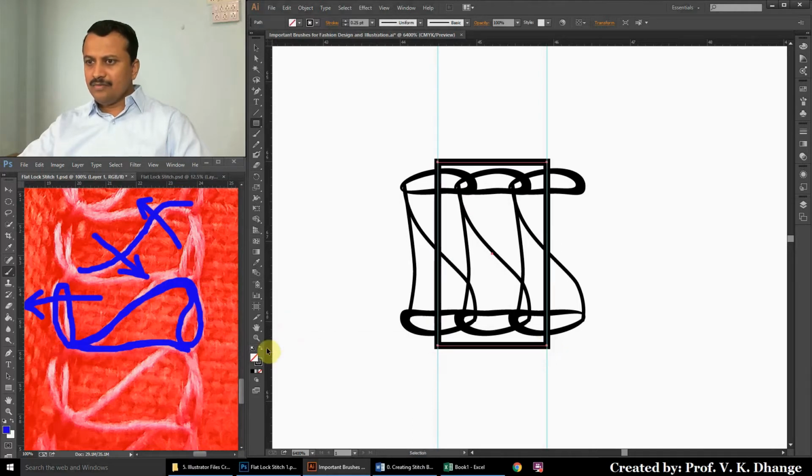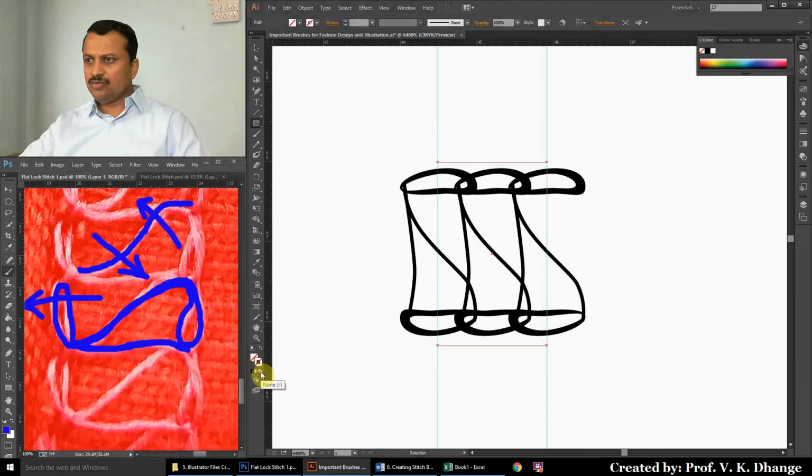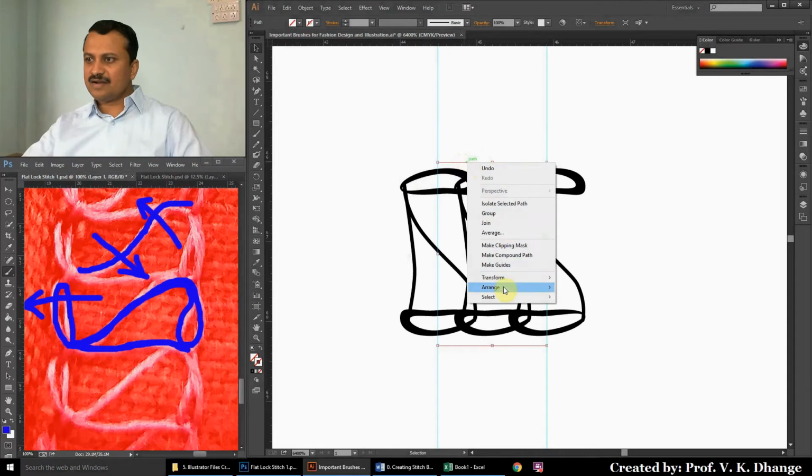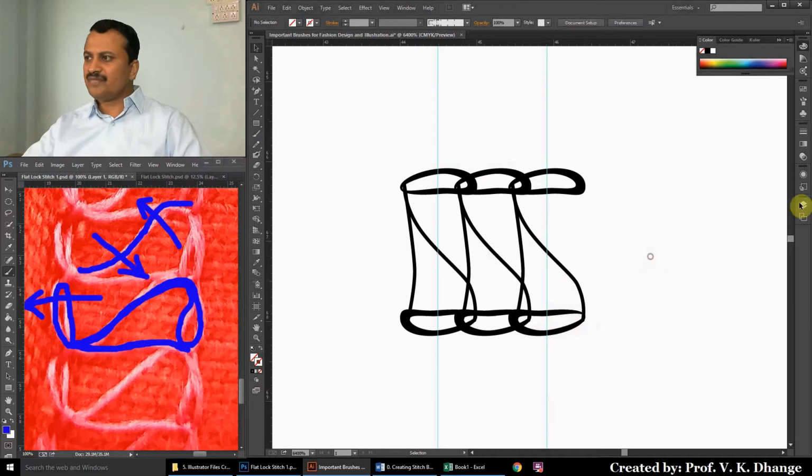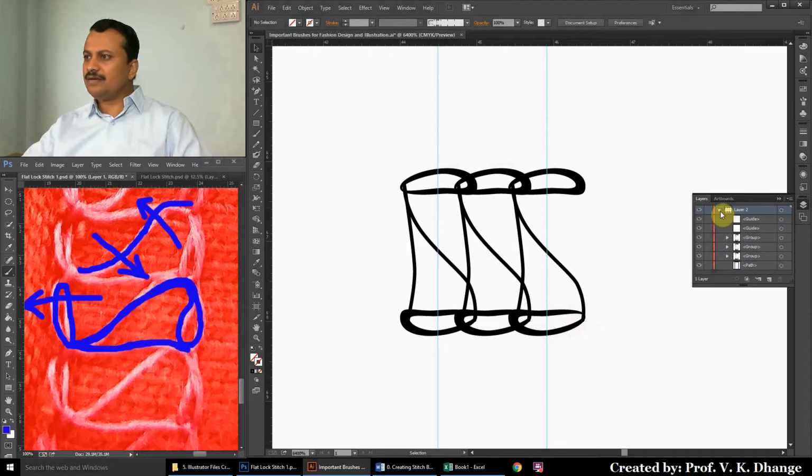Okay, now we don't want any fill, and we don't want any color to the stroke also. So this particular rectangle is without any fill and without any stroke color. So we'll select selection tool, we'll right click, we'll select arrange, and we will send it to back. From layer panel, we will select these guides, we'll delete them, we don't want them now, and then